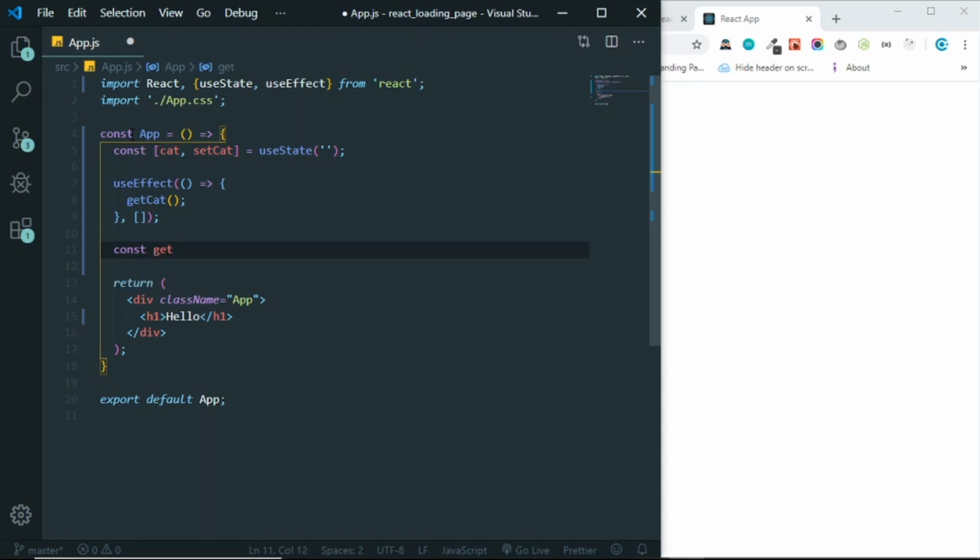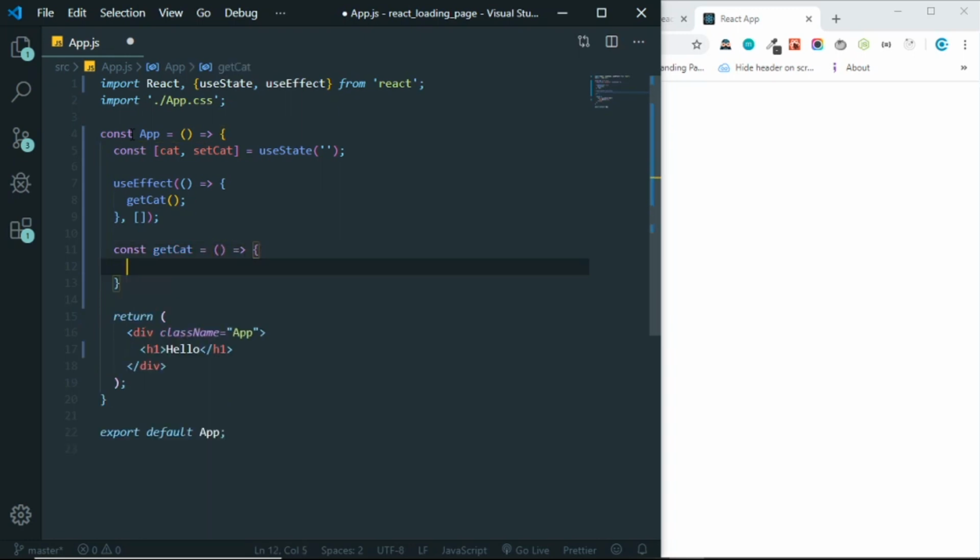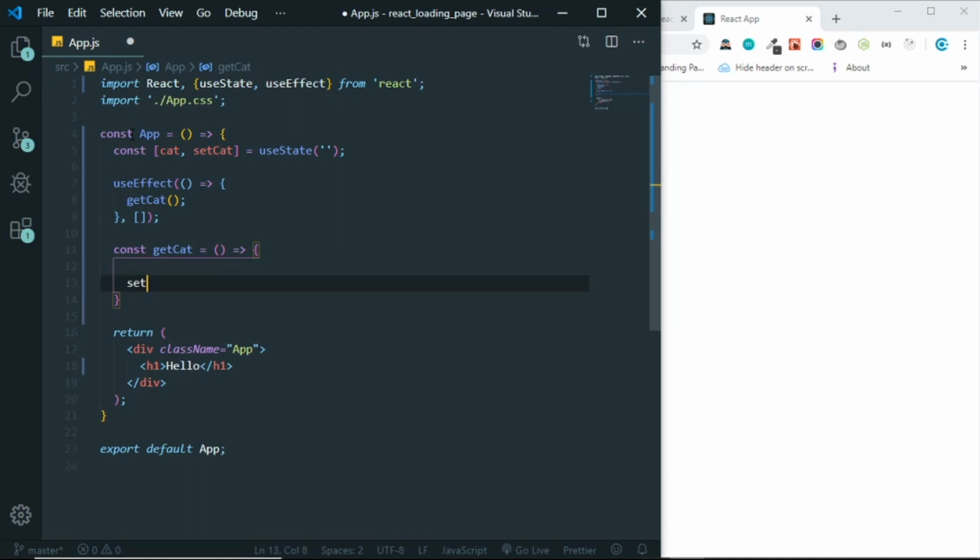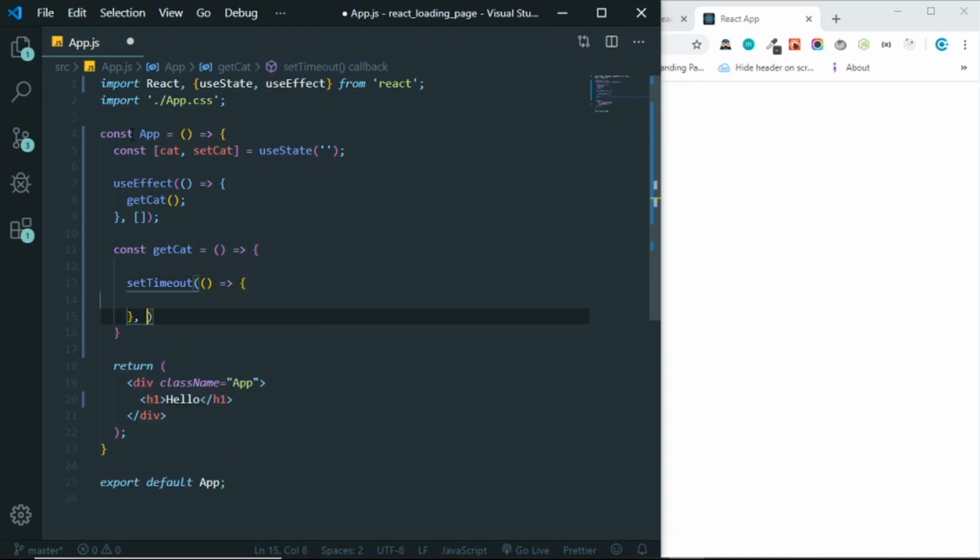So const getCat is going to be equal to an arrow function, and inside in here I want to use setTimeout, so let's do that. setTimeout, and I want to set the time to